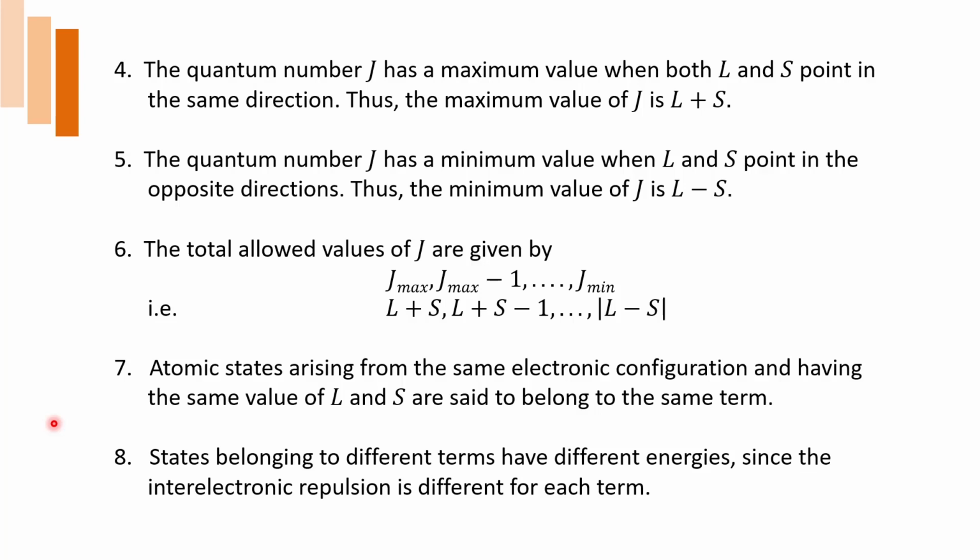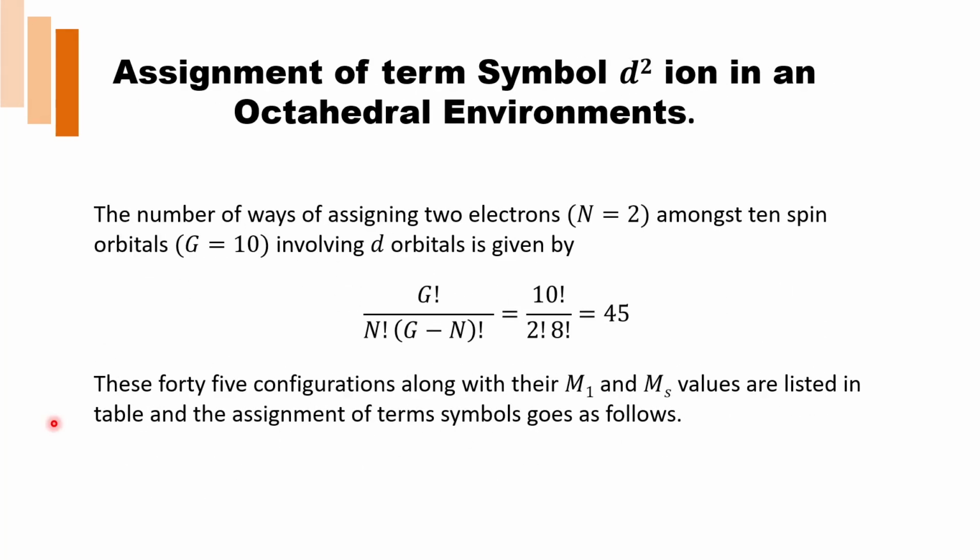I am not making it very rigorous in terms of quantum mechanics, but we are now trying to use all this practice regarding the splitting of d orbitals in an octahedral environment, and a d2 case, when there are two electrons in d orbitals. This case is the simplest case. It is the type where only two electrons occupy the 5 degenerate atomic orbitals. As far as the mathematical combinations and permutations are concerned, the number of ways of